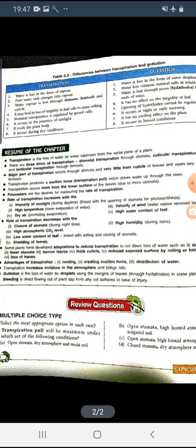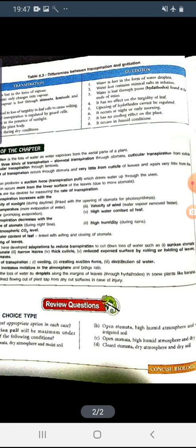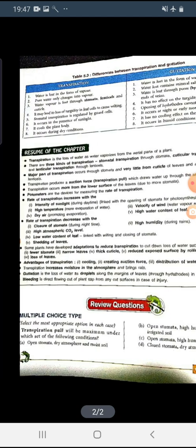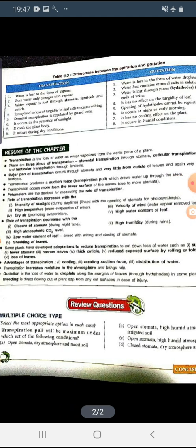In transpiration, water vapor is lost through stomata, lenticels and the cuticle, as these are the only three main processes of transpiration. But in guttation, the water is lost through special structures or special pores, known as hydathodes, and they are found at the end of the veins. So hydathodes are found on the ends of the veins of the leaves.